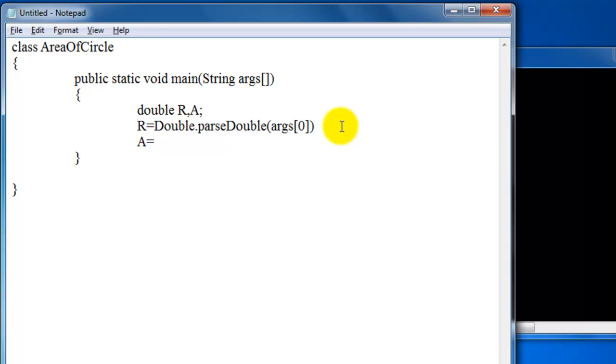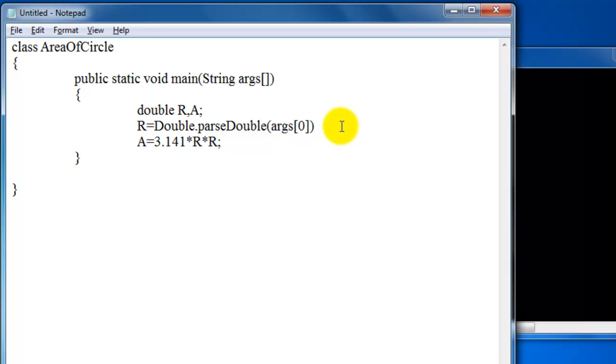So a equals, the formula of the area of a circle is pi into r square. We can put the value of pi directly, 3.141, into r into r. Actually we do not have any operator for the power, so we can write r square in the form of r into r.